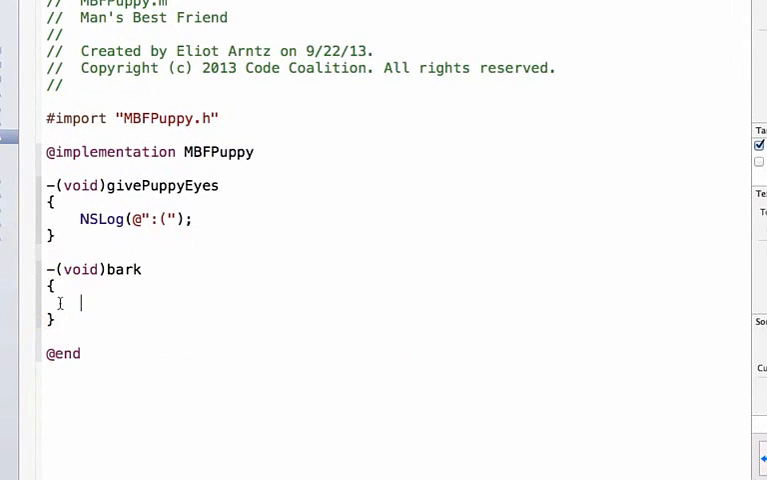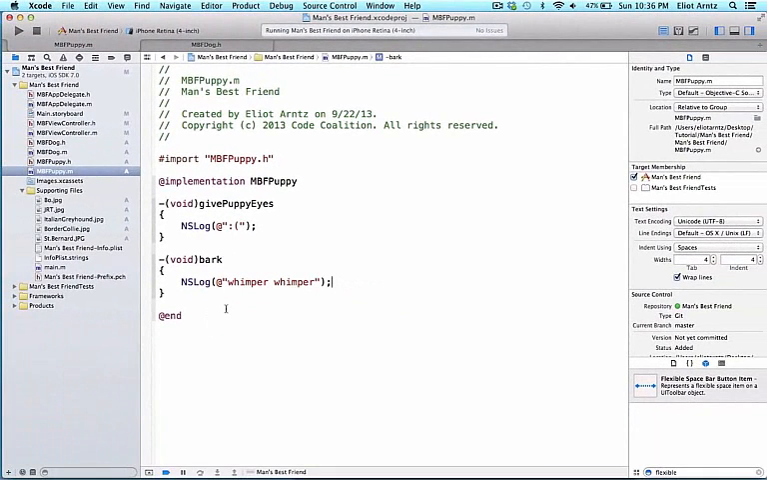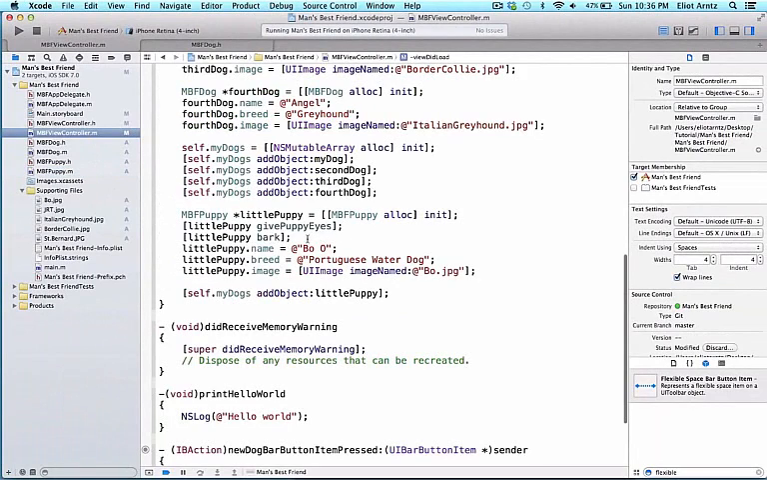I'm going to add curly braces left and right so I can write some logic. And we're going to change the implementation of bark. So instead of woofing, let's do an NSLog, and let's whimper instead. So we'll whimper twice. And I can go back to MBFViewController.m, and we're getting two NSLog statements